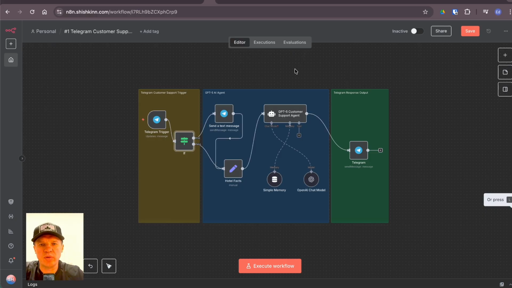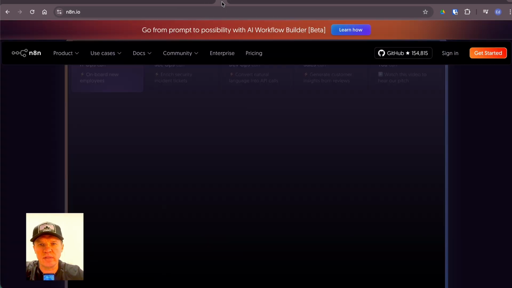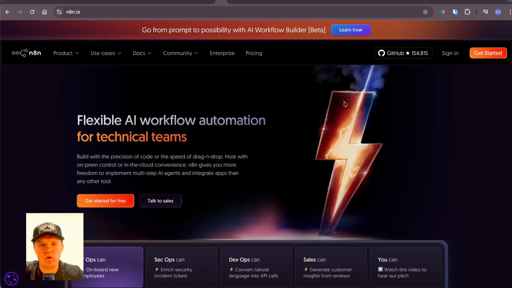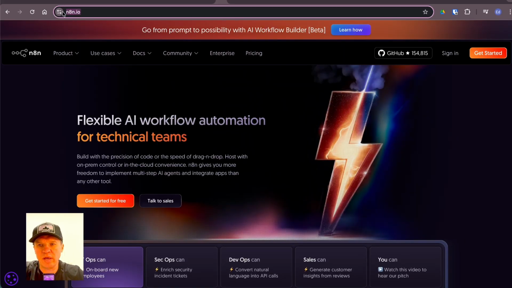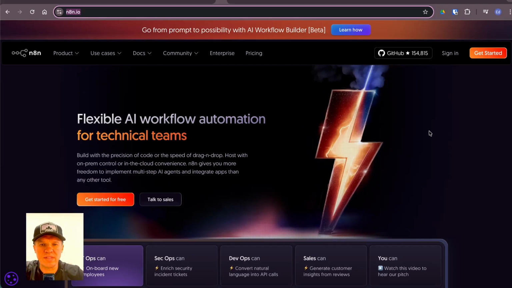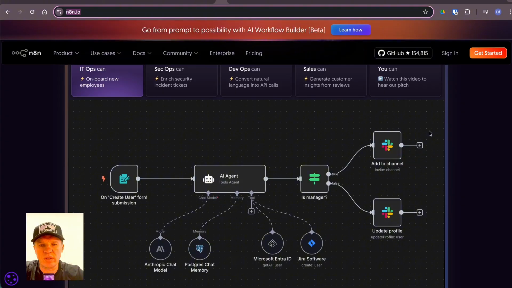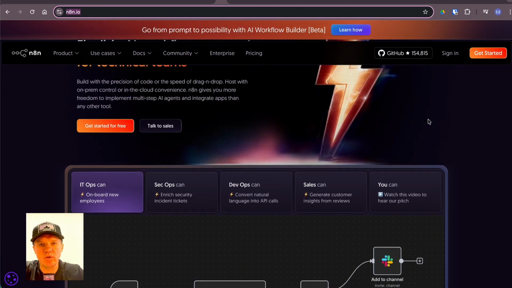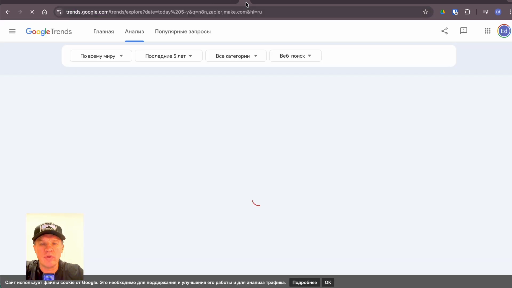So what are we looking at? We are looking at n8n automation. If you guys are new to n8n, this is the automation service. That's their main website, and you can purchase a cloud solution, or you can self-host it on your own server, or you can even self-host it on your laptop, like I used to do. But be aware that when you host it on your laptop, it will not be operational when your laptop is locked or you are moving somewhere, so the customers will not be able to run it. So it's always better to have